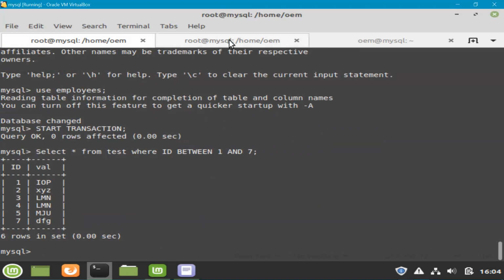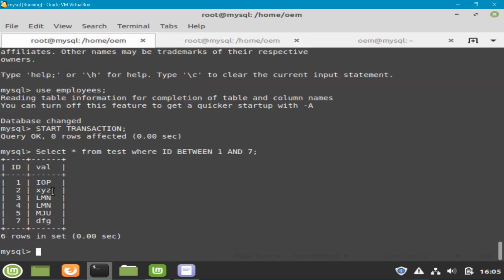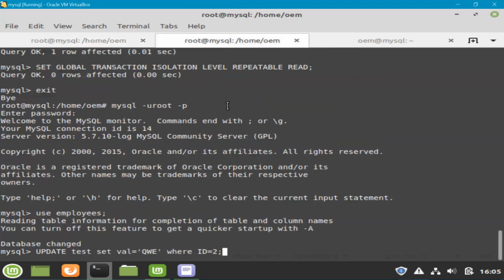And this time what I'm going to do is update the table test and set value equal to QWE where ID is equal to 2. Okay, so what was the value before? It was XYZ. Now I'm going to change it to QWE.